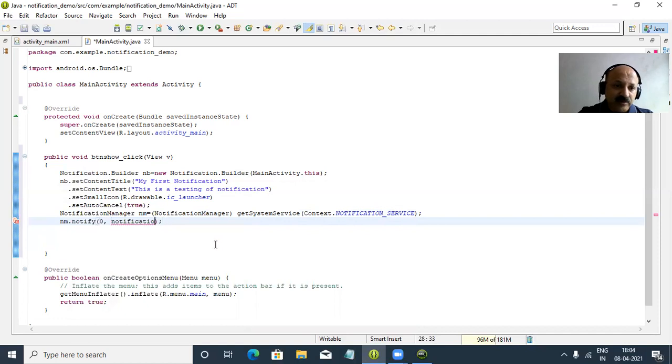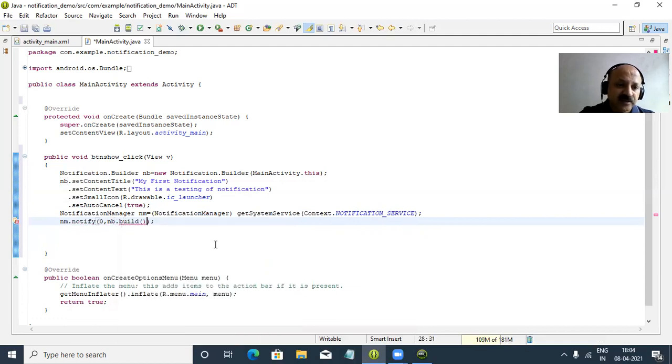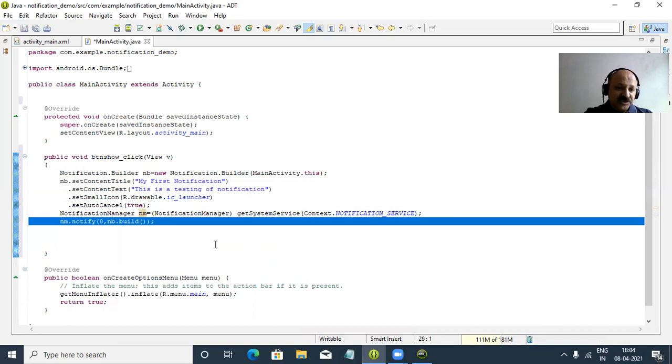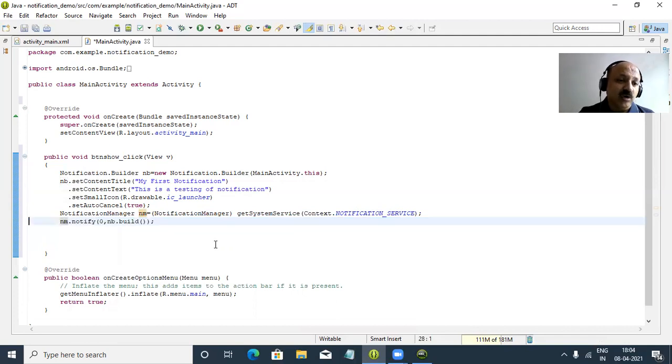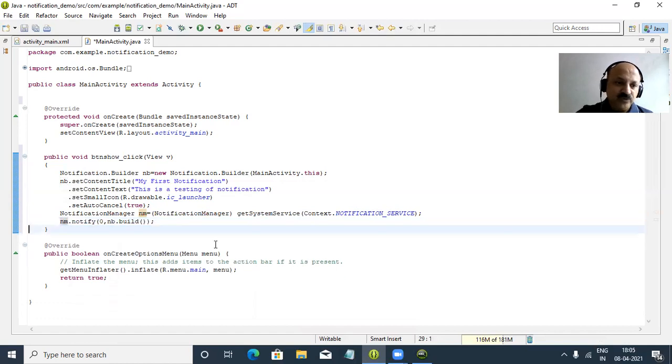Here we can provide our nb notification dot builder, and then the build method is there. Build means create, so we can pass it in notify. Actually the notification manager handles it internally and notifies, so that is issuing the notification. So that is finished, yes, that third step. So it is a very easy way we can handle the notification.